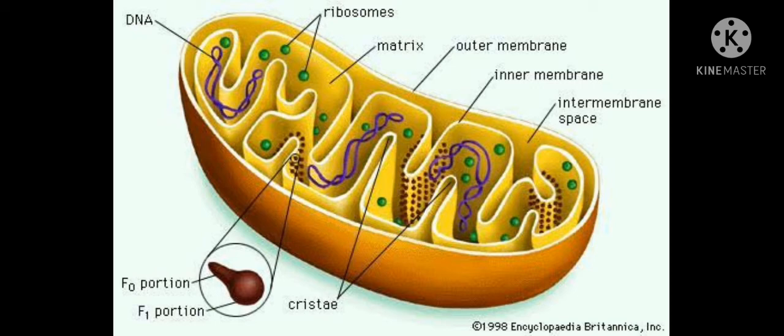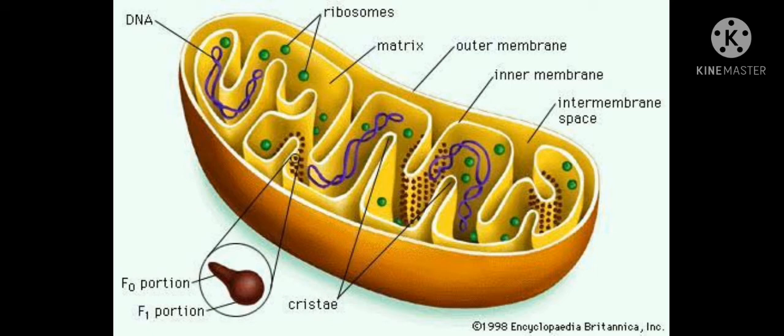Children, can you see the blue color, that is the circular DNA which is present in the matrix. And see the green color, the small globular structures, nothing but what? Ribosomes, that is, they have 70S ribosomes. So the mitochondria can synthesize their own protein because they have their own ribosomes. As they have their own DNA and their own ribosomes, they can replicate and synthesize proteins. That's why mitochondria are also known as semi-autonomous organelles. Semi means half autonomous: they can synthesize protein as well as